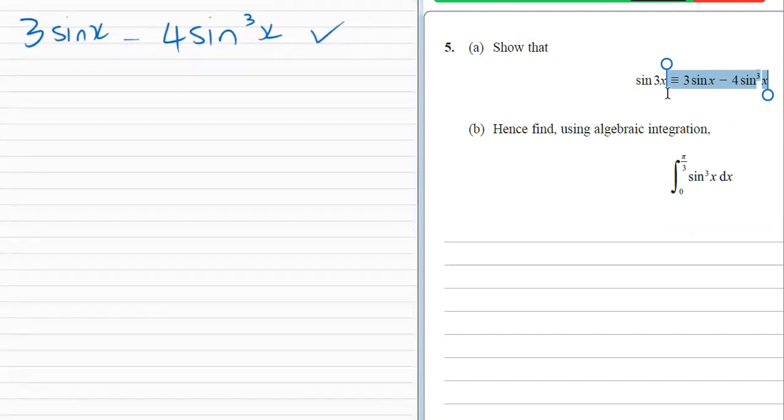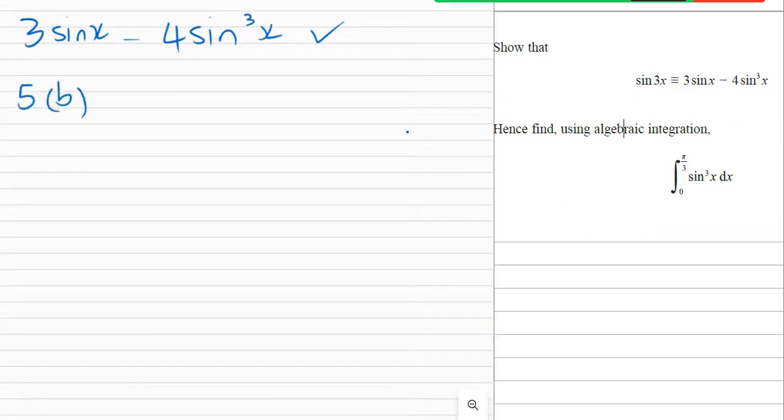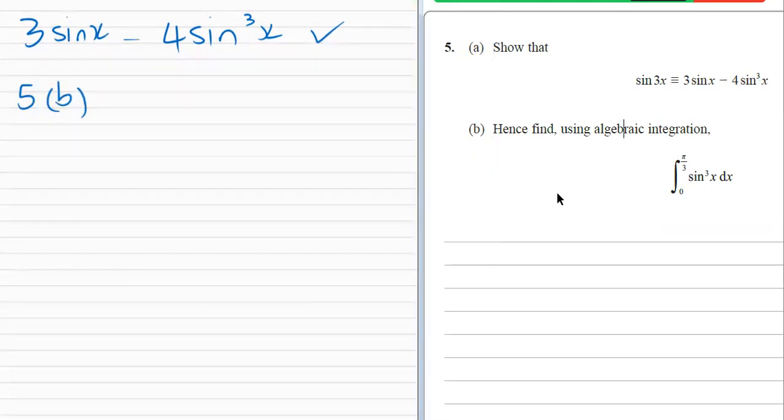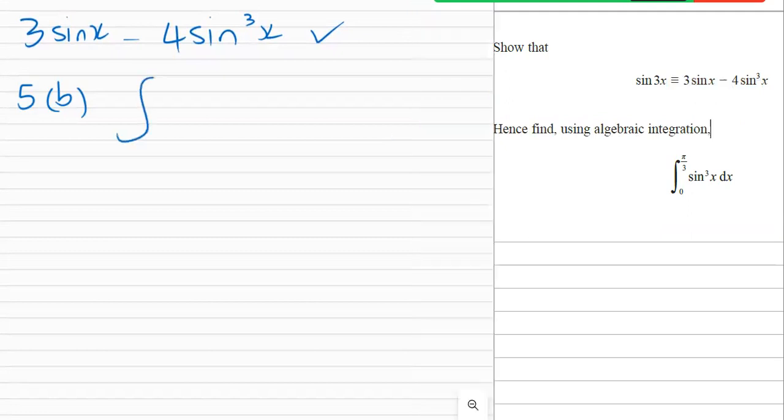Let's take a look at 5B. So 5B says hence. Hence means like following on. Find the following. So first thing I see is we have the integration of an actual value to an actual value. So this is a definite integral. And then